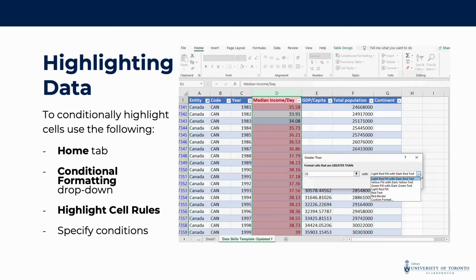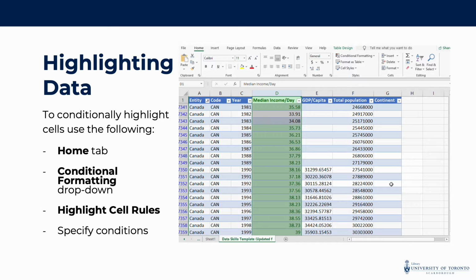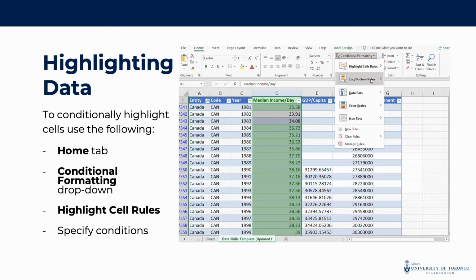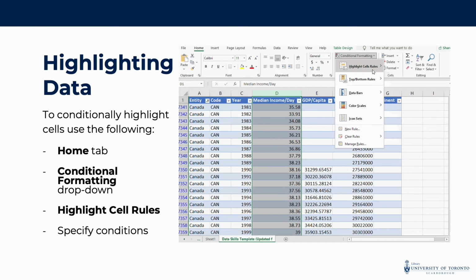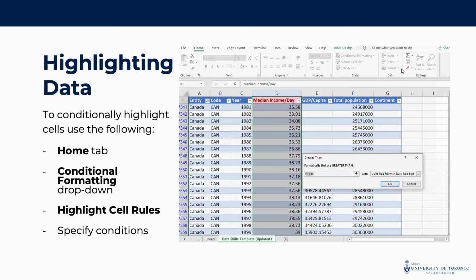To do this, we select Median Income Per Day row, go to the Home tab, and use the Conditional Formatting button. Hover over the Highlight Cell Rules option from the drop-down and select the Greater Than option. Now, we can input our desired number and select how we would like the cells to be displayed. We will use the green highlight, but if we want to change the number from 35 to 37, we would